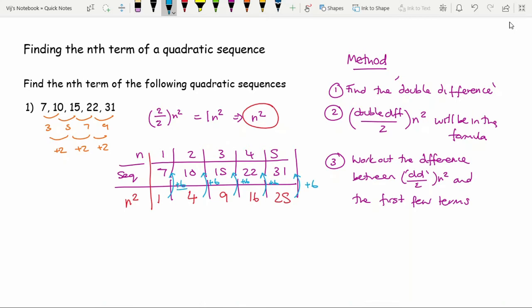Now, as these numbers are the same, the nth term is going to be n squared plus 6. And there we've got the nth term for this quadratic sequence. And so let's just finish up these steps. So work out the difference. So if the same,